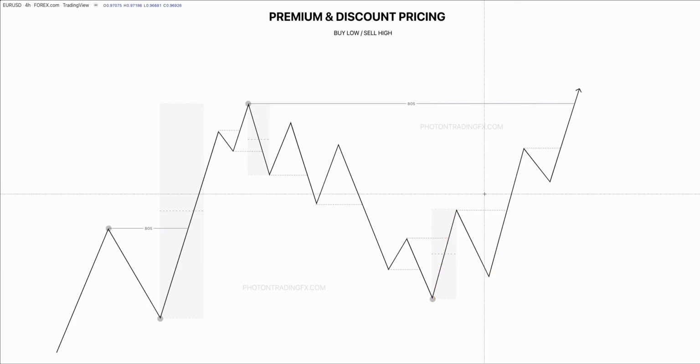Now, again, you don't have to have it in your plan that price has to be in the discount of the swing or of the internal. It's just another tool to help you increase the probability of where those turning points are most likely going to form, okay? Now, another key point here actually that I'll end this lesson on that will really come in useful as you guys start to get a bit more advanced is that